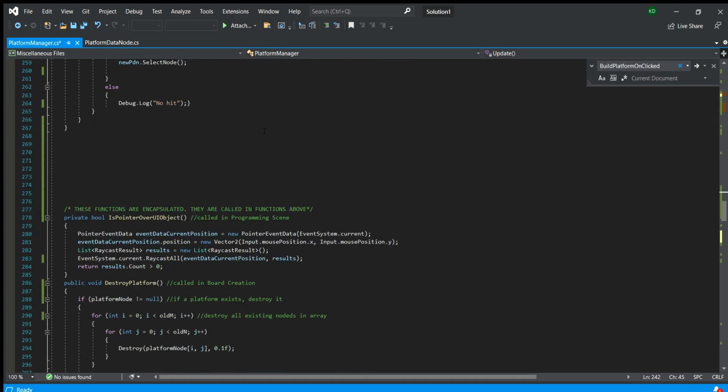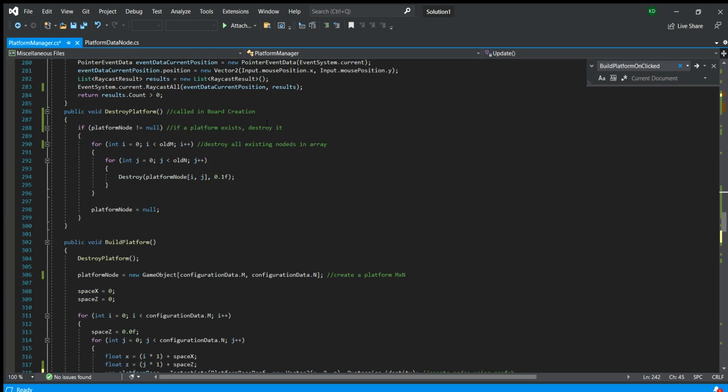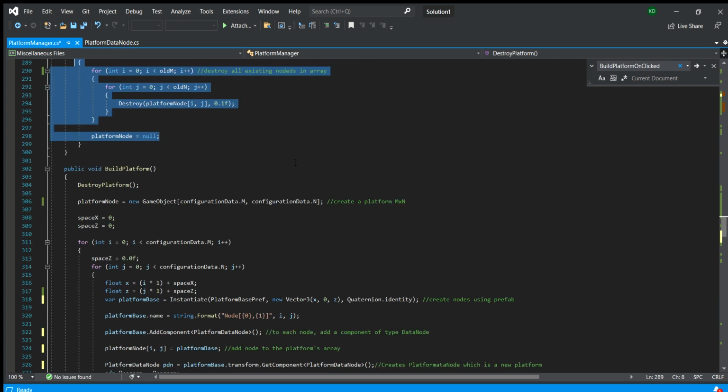That's what that does. This just destroys the platform before we create again, just in case, to make sure that there's no errors. This just builds the platform,